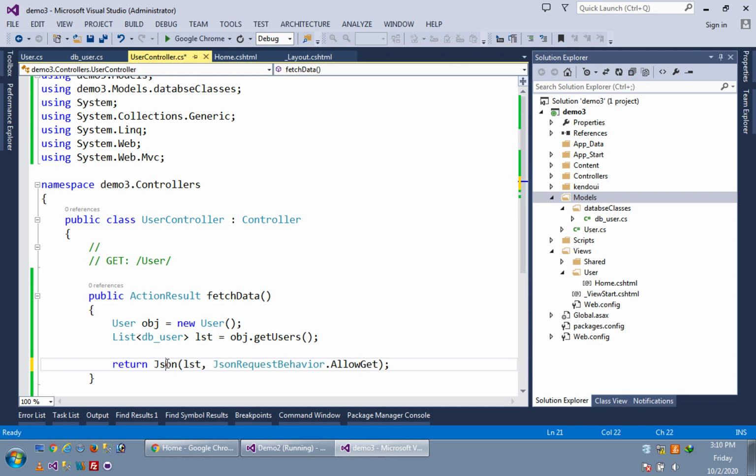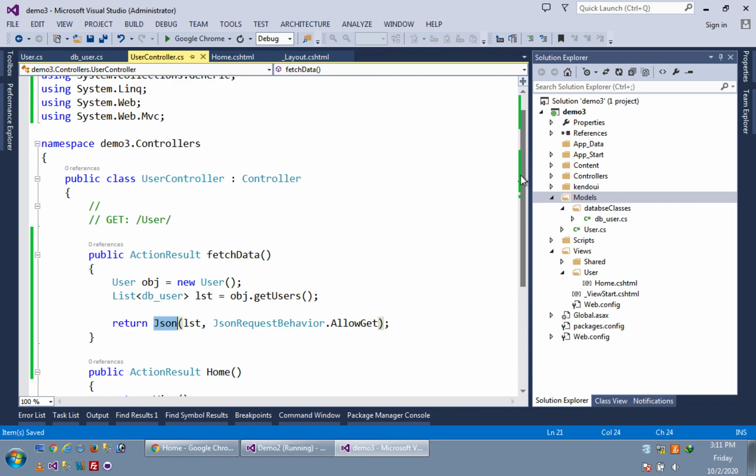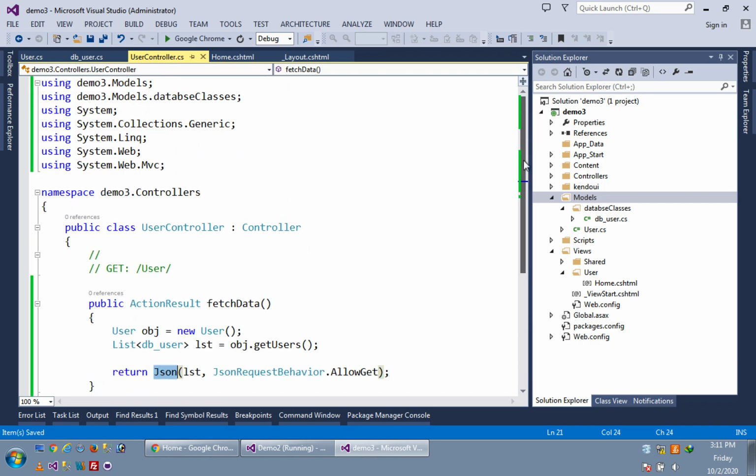This is the format in which we can return JSON to any page, any view. And how will we call this FetchData? Using this controller, means User/FetchData, like this. Like this we will call this method.